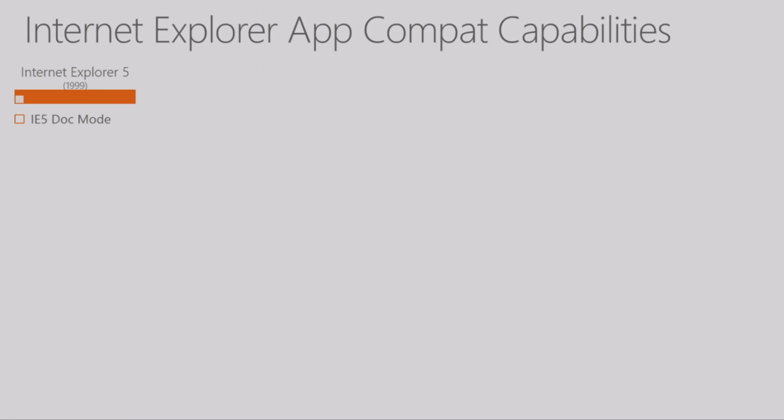Internet Explorer 5 shipped in 1999, and it included IE5 docmode. Now, this is a simplification. My developer friends tell me, no, it's a more complicated picture than that. I'm really just trying to explain this in the context of IE 11 backward compatibility. So it is a bit of a simplified picture. In IE 7, introduced in 2006, so 7 years later, we had IE 7 docmode, but